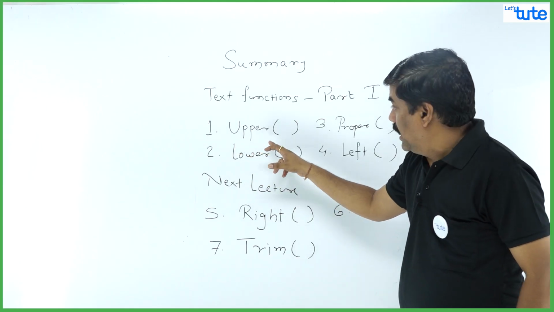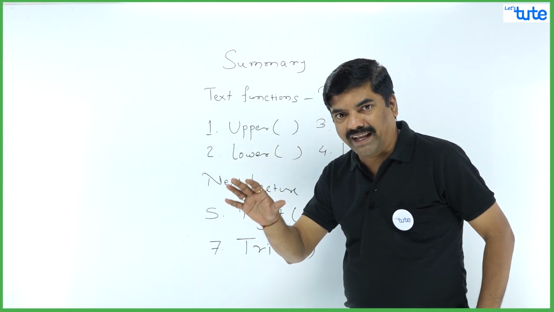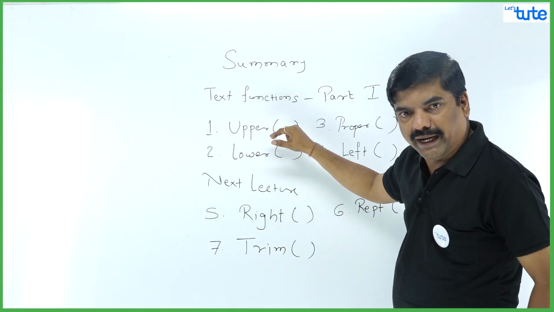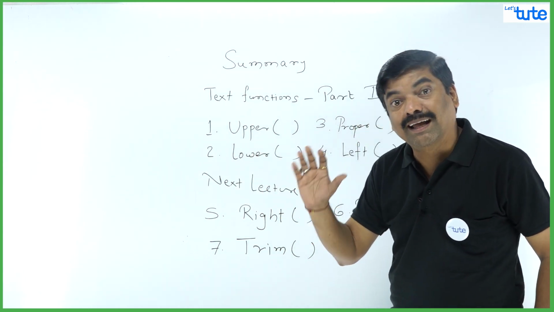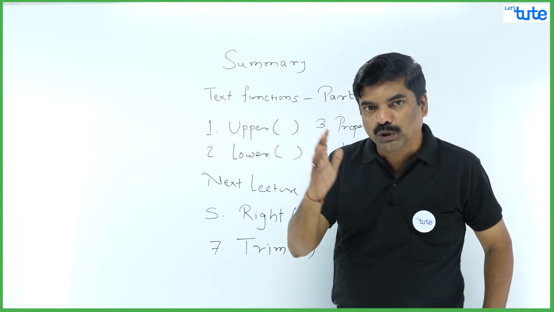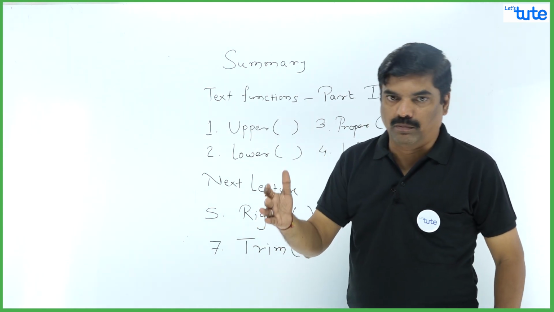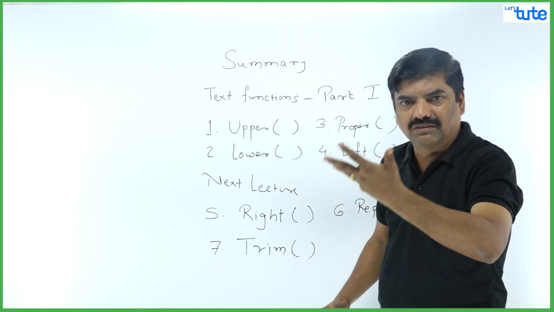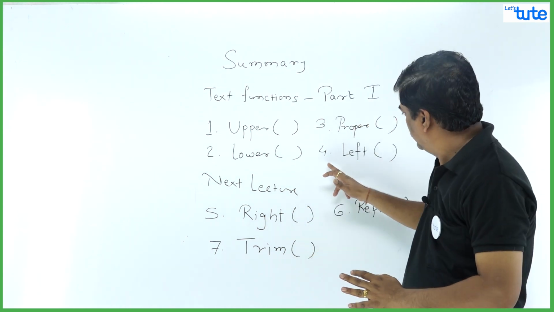We have covered the first command, UPPER, where you want your text in uppercase; you just have to type UPPER, bracket open, bracket close. The next command is LOWER, you want your answer in lower case. The third command is PROPER, you want the sentence in proper case. And the fourth one is the LEFT command, where you want counting from the left-hand side, that is the first character, second character, 3rd character, 4th character. Right? This is the LEFT command.